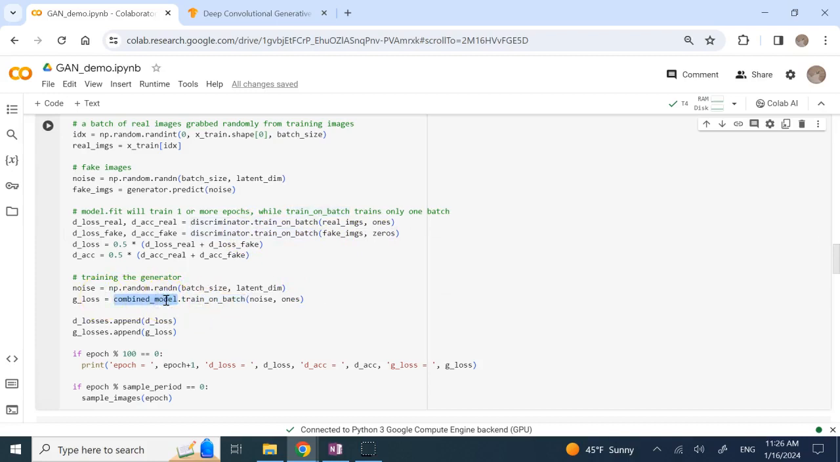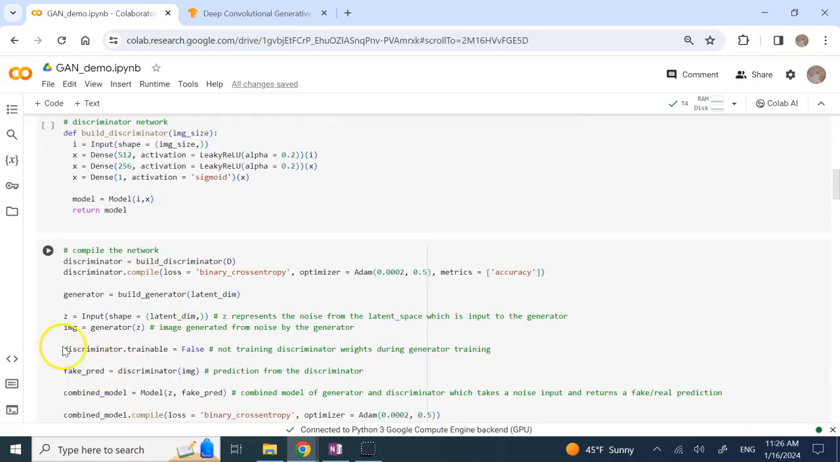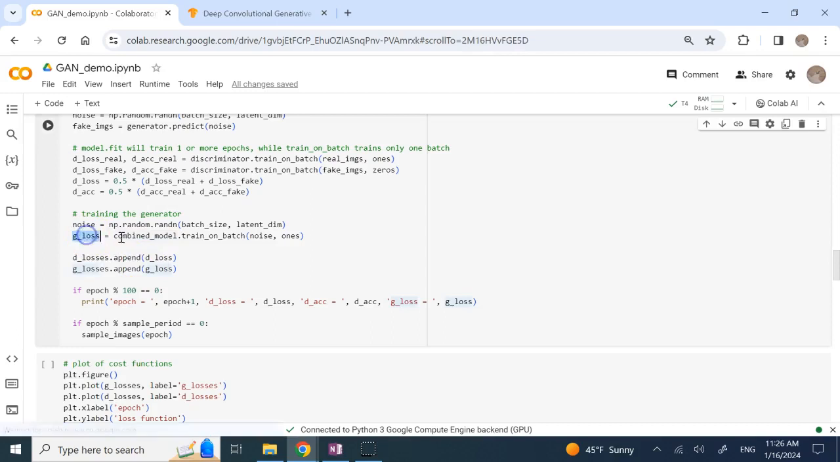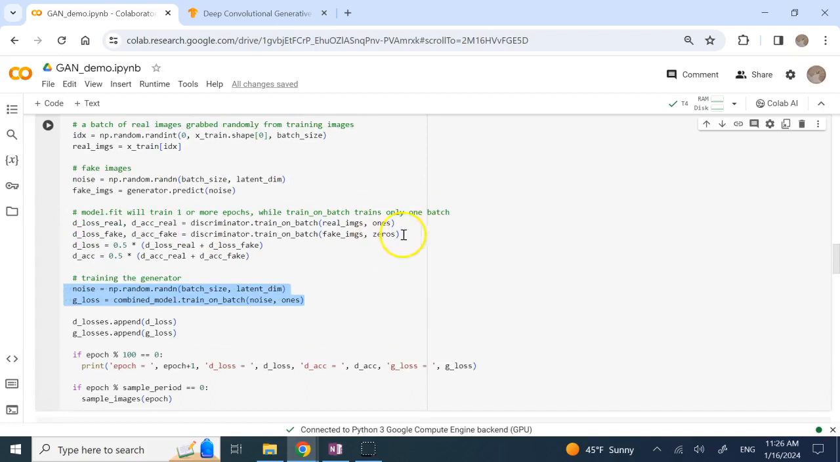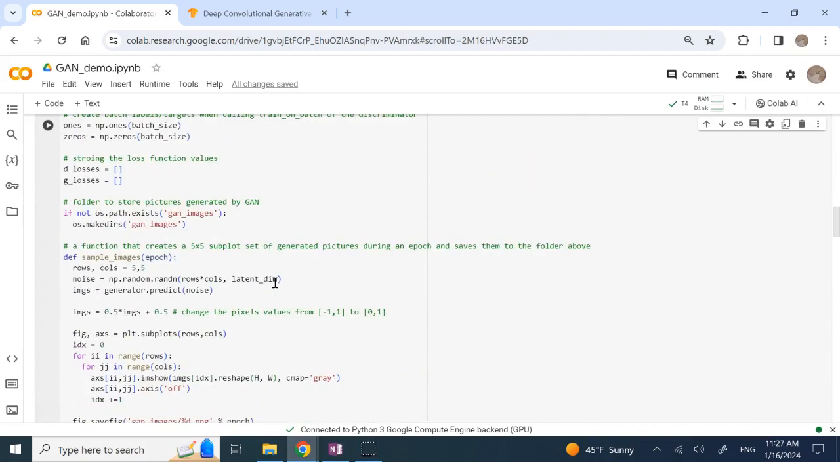But for the combined model, remember, we here ask the discriminator to not be trainable. So when we get this G loss out of the combined model train on batch, that's just the G loss, because the discriminator weights are frozen for this step. For this other step, they are not. When we are training, they are available for update, but not in this other step. So going back to the rest of the code,